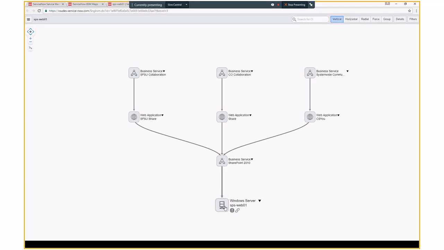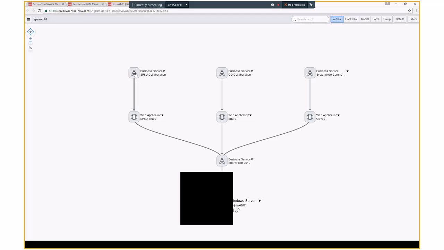And within here it says for Web01, it's running on SharePoint 2010, and there are 3 web applications running within there. There's the CSU that I got a call on, but there's also a share and an SFSU share. So it tells me that I may be getting more calls for people who are trying to use the share application or the SFSU application, because those applications are also dependent on that web server. So if I want to see who I need to contact from SFSU to let them know there is an issue and we're working on it,